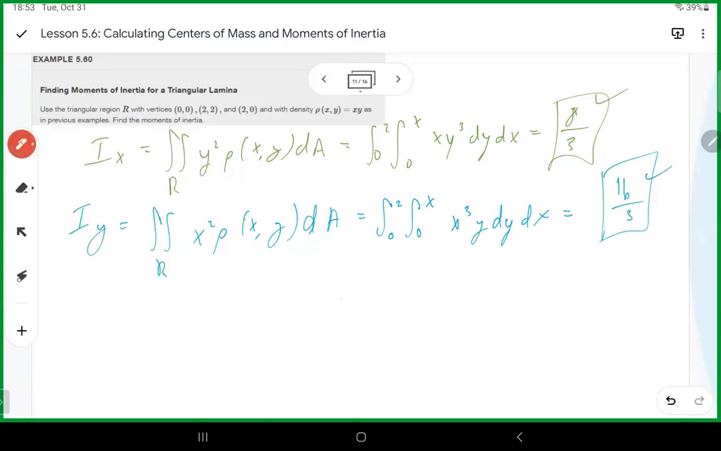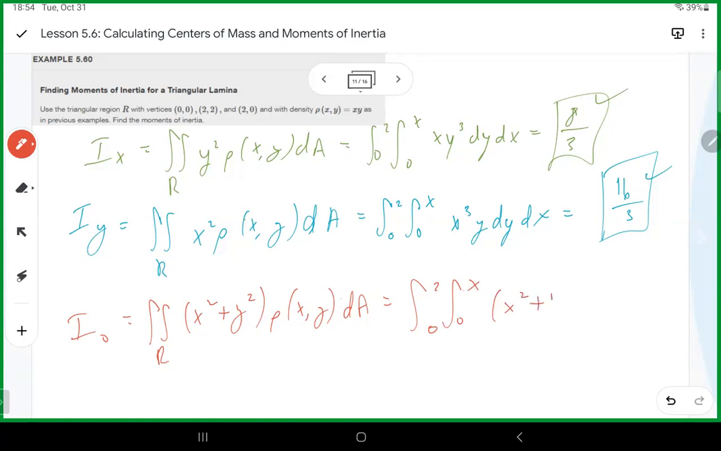And then I sub o over the region. So that's 0 to 2 and then 0 to x, x squared plus y squared. And that gives us